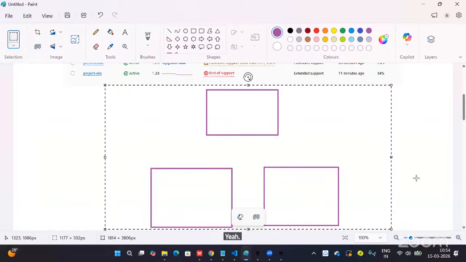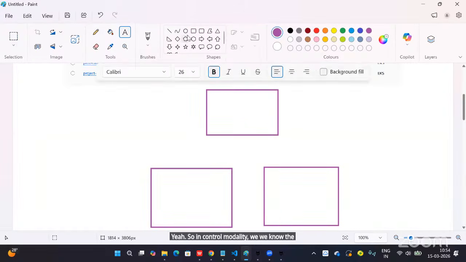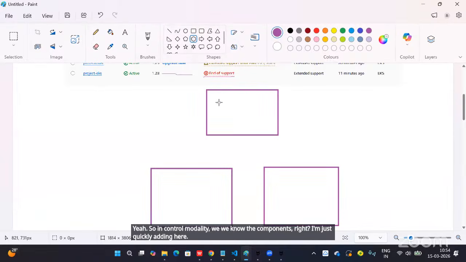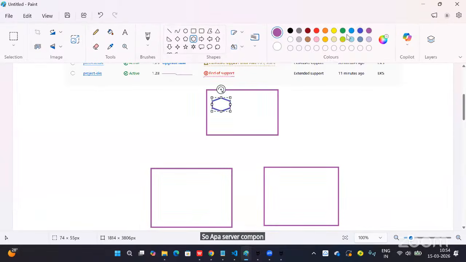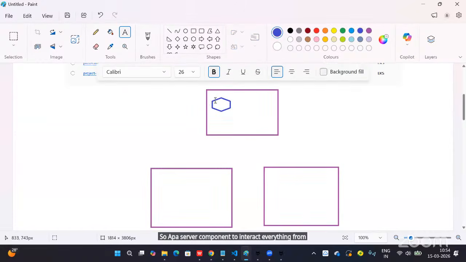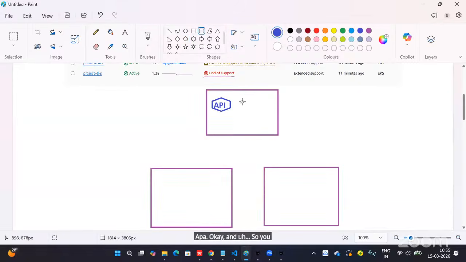In the control node, we already know the components, right? I'm just quickly adding them here. The API server is the component to interact from the client to the cluster API. Then you can take the scheduler, etcd, and the last one is the controller, to maintain the desired state and current state.